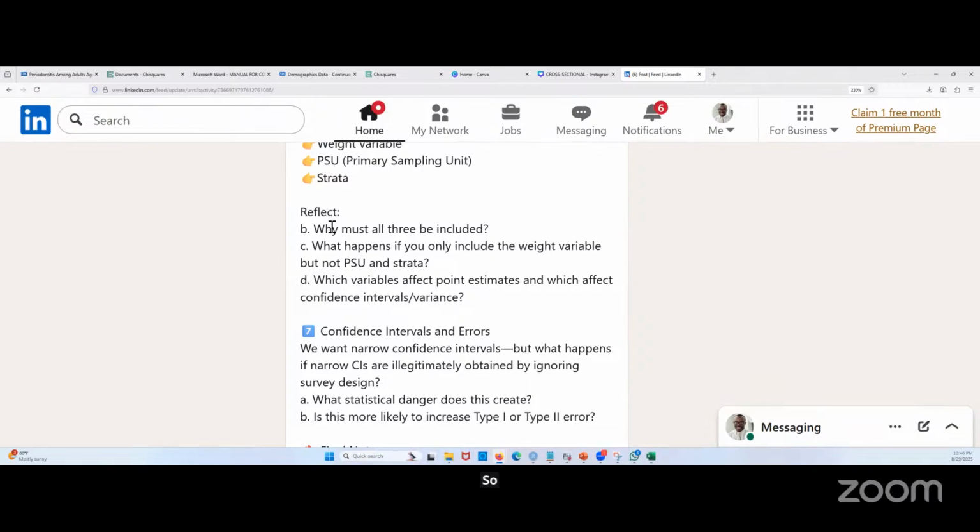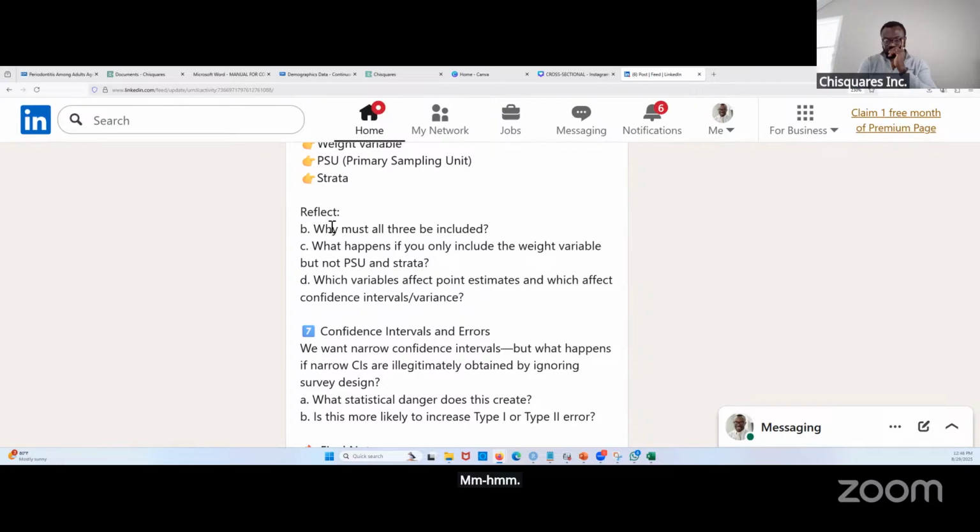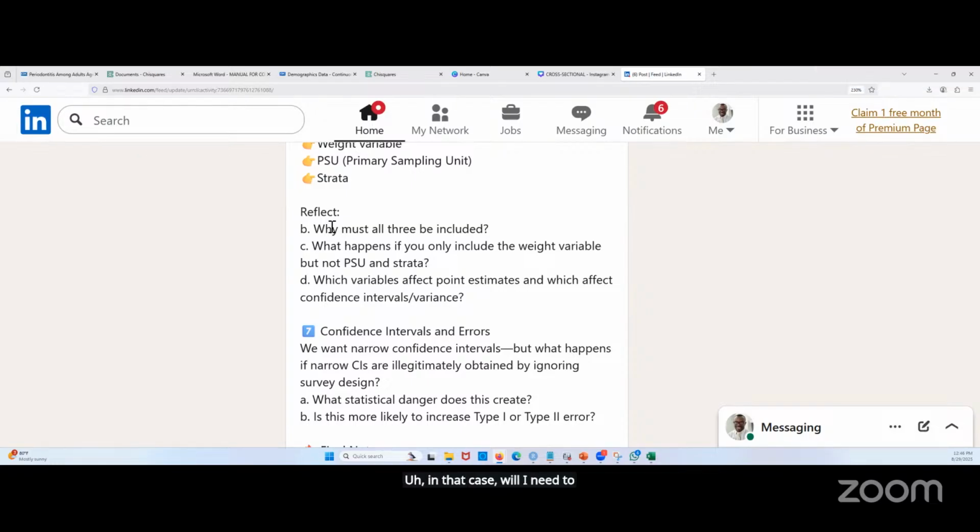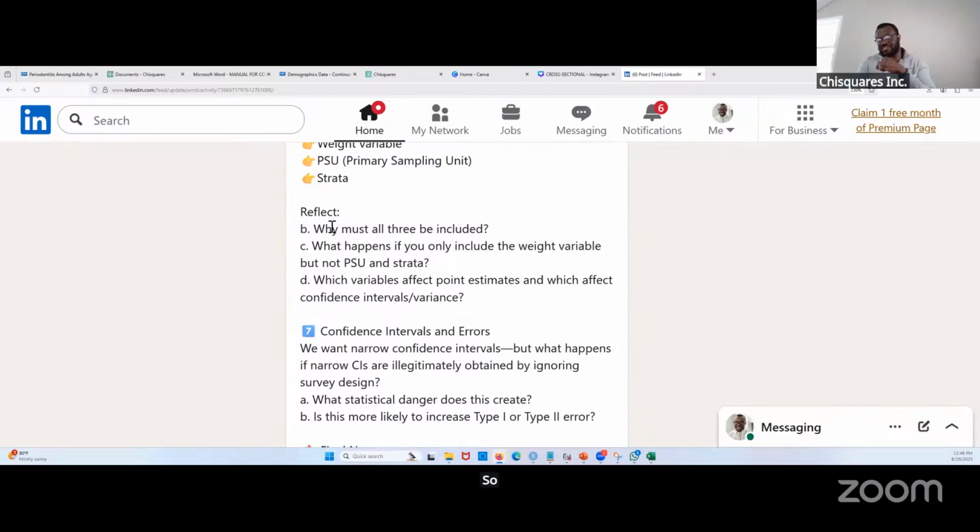So, and then I want to compare whether the white guys' glucose levels are higher than the blacks'. In that case, will I need to apply my sample weight? So the first question we're going to ask you is, are you sampling in a way that